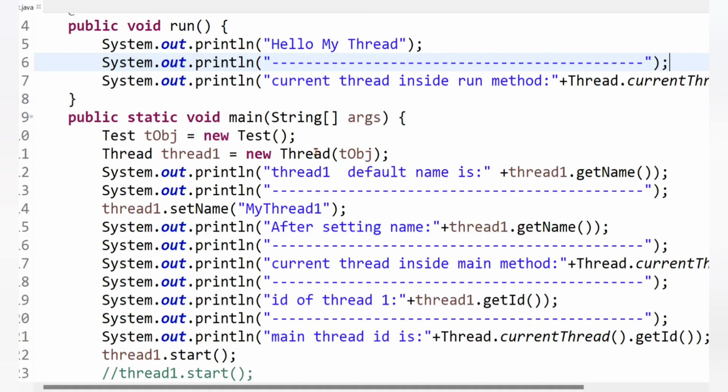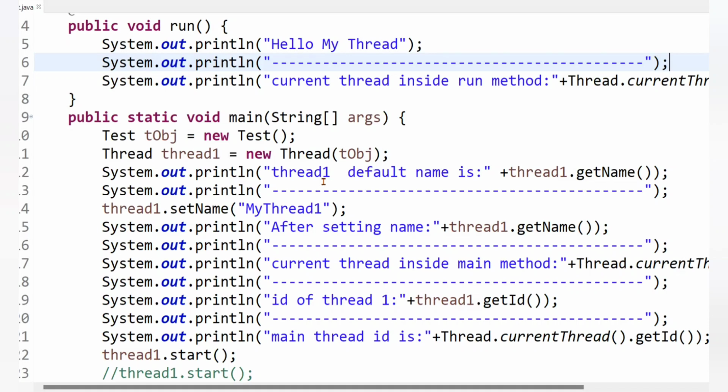Always keep in mind, using the getName method we can retrieve the name of any thread and of the currently executing thread, and using the getId method we can retrieve the id of any thread and of the currently executing thread. Now let's understand why we need to identify the currently executing thread.